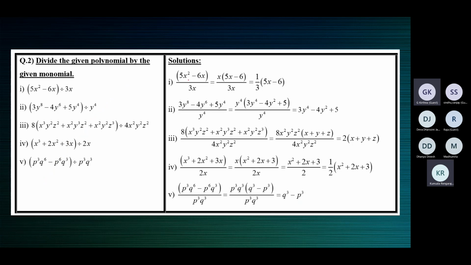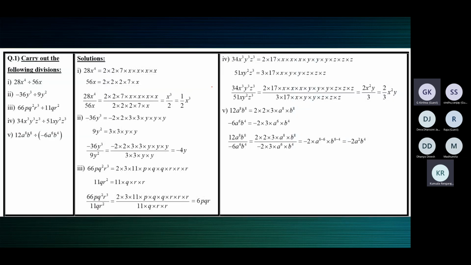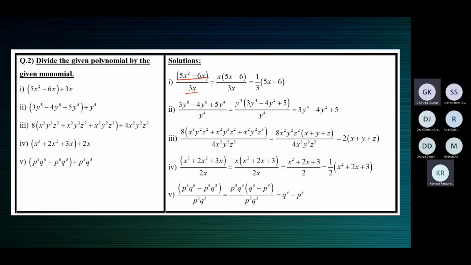See the first one. This is the numerator divided by 3x. Now here, if factorization is possible, we always factorize. That's what we did here also. Here also we factorize, no? We wrote 28 as 2 into 2 into 7. We wrote x to the power 4 as x into x into x into x. We did break down the numbers into a product of their factors. Here, same thing. If factorization is possible, factorize.